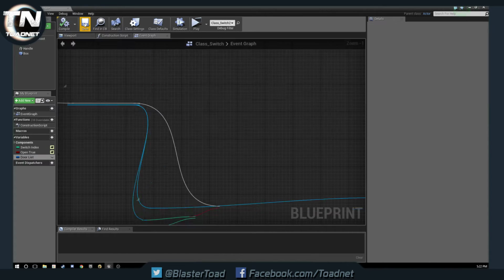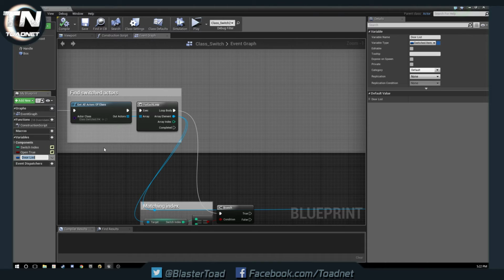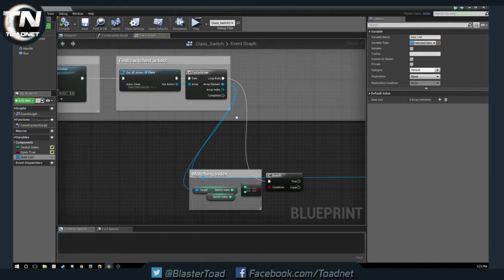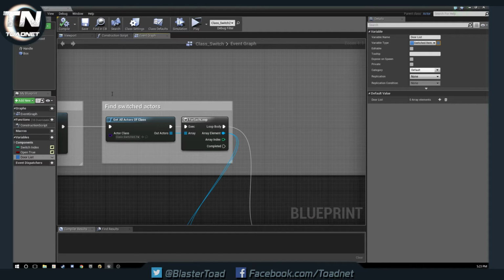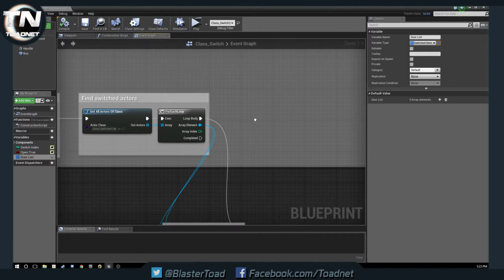Okay, and then we can do save, save, and then what we want to do here is hit this little grid pattern. And what that does is make it an array. Okay? And arrays are cool. Arrays are actually really cool. So we're going to then, off of switched actors,